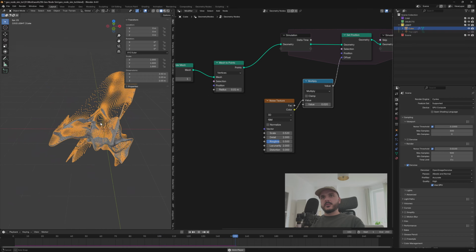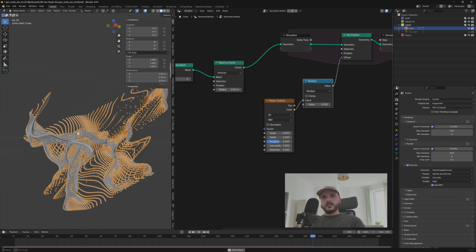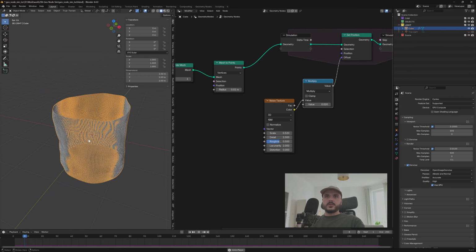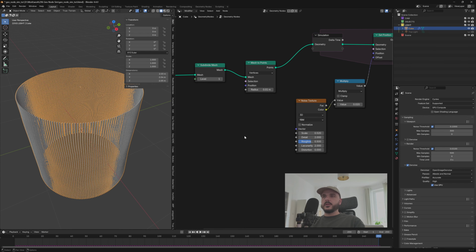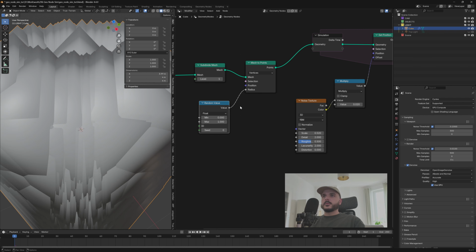And this is already so nice. But we're gonna add some stuff to it. Then let's randomize the scale of the individual points. So we can just add in a random value and drag this into the radius. And if you press Shift plus the arrow keys, you can go to the end or the start of the animation. So I'm hitting Shift and left arrow to get into the first frame of the animation,